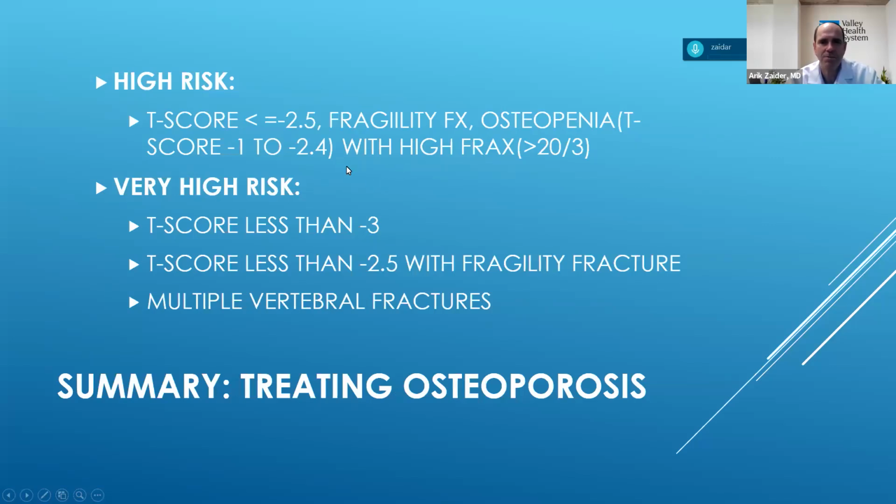High risk, I would call regular osteoporosis, as we defined it a couple of times tonight. T-score of minus 2.5, or osteopenia with fractures, or just a regular solitary fracture. That's high risk. Very high risk, though, is a T-score less than minus 3. If you're someone who has a T-score of minus 3.5, that puts you in the very high risk category for fracture, or less than minus 2.5 with fragility fractures. Another category is multiple vertebral fractures. So people who are in this category have a higher risk of fracture. We call them very high risk.